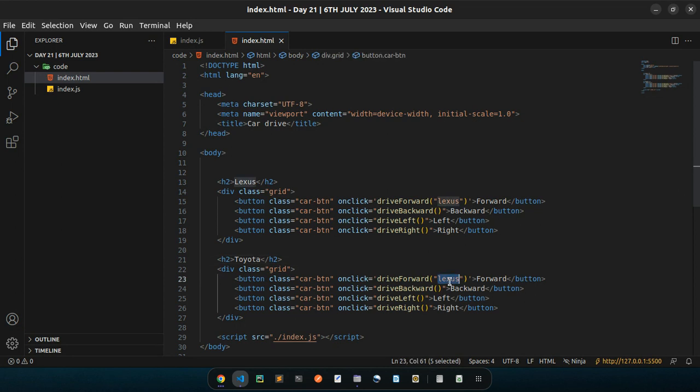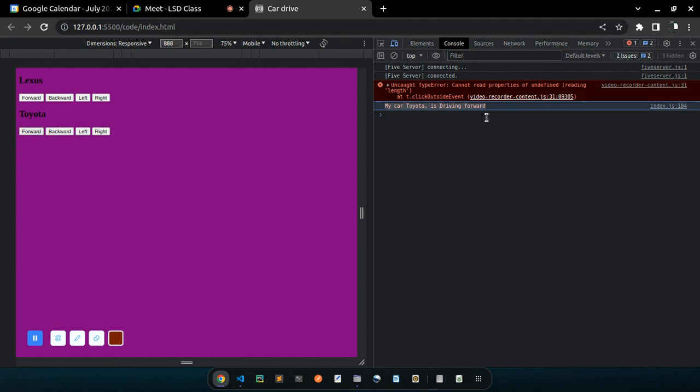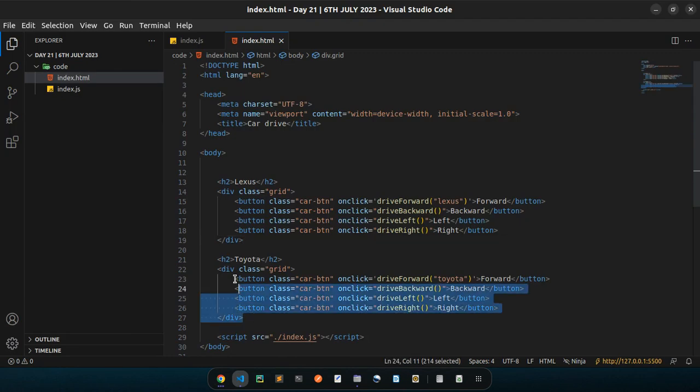So change this one to Toyota, like that. So if I want to drive the Toyota forward, then I can click drive the Toyota forward. It's going to say my car Toyota is driving forward. Lexus, my car Lexus is driving forward. So you could do for the other car also, just copy this